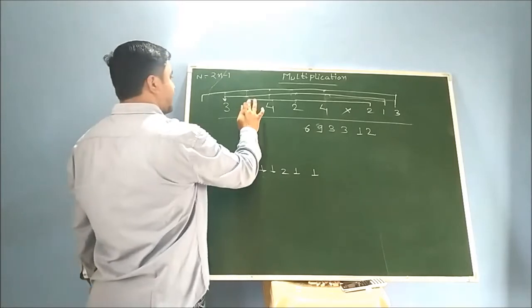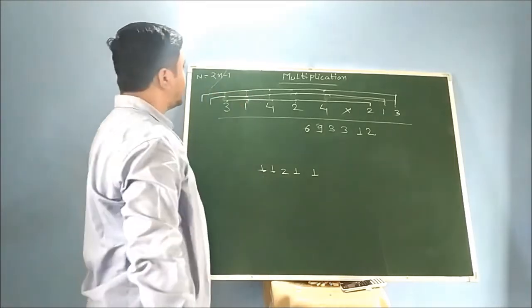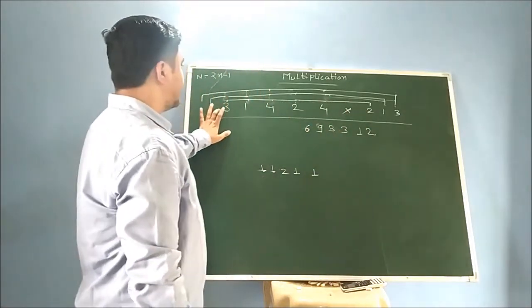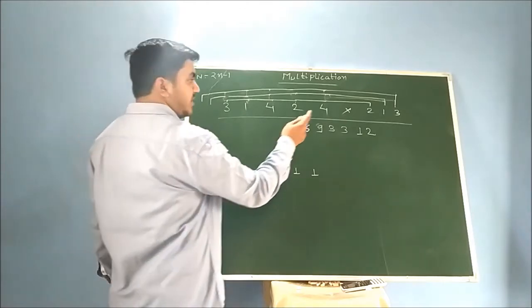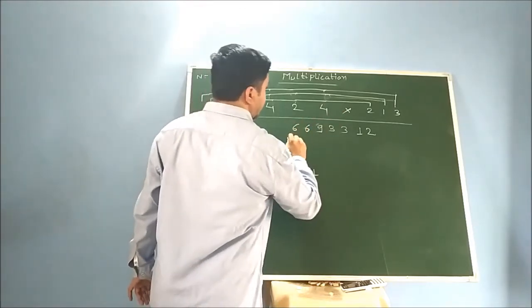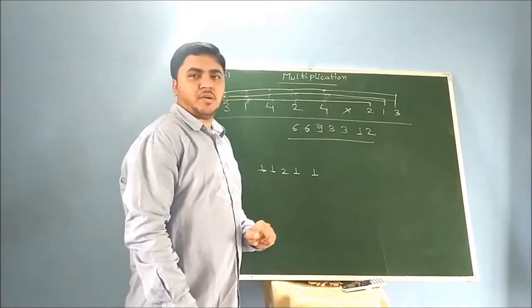Okay, in the last step again this will be increased, this will go out and this will be multiplied with 3 only. So 2 is multiplied with 3 and no remainder is there. So 2 plus 3 plus 2 is 6. So this will be the required answer for this particular problem.